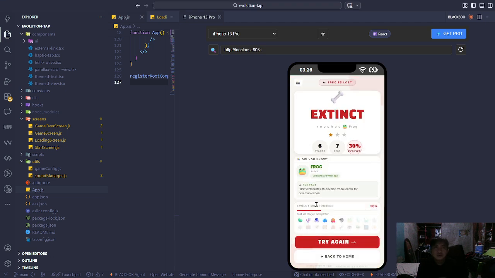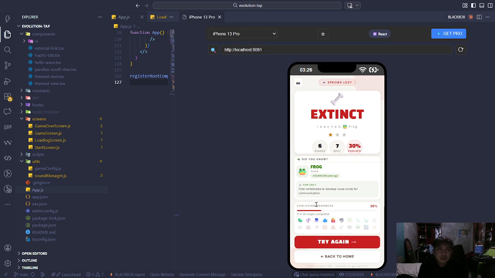So when the game ends, win or lose, you land on the result screen. It shows your outcome, your score stats, and a creature card with a scientific name, period, and a fun fact about the stage you reached. Below that is an evolution progress bar, and a grid of all 20 stages showing how far you got.